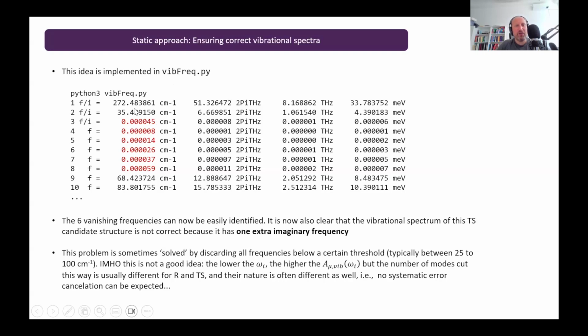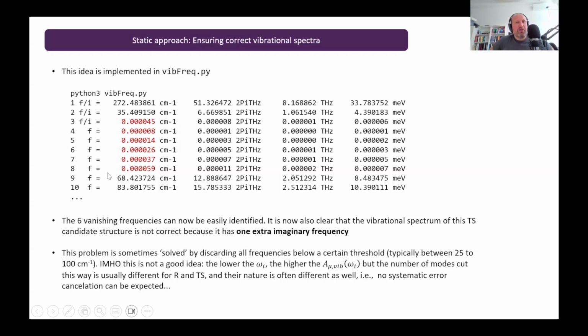And indeed, when we do that, we now see that our vibrational spectrum has cleaned up. We can now clearly identify the 6 vanishing frequencies. It's a molecular case, so indeed there should be 6 vanishing frequencies corresponding to rotations and translations. Still, it's a transition state candidate, so it should have only one imaginary frequency, but there are 2. So there is still one extra imaginary frequency, and we should do something about that before